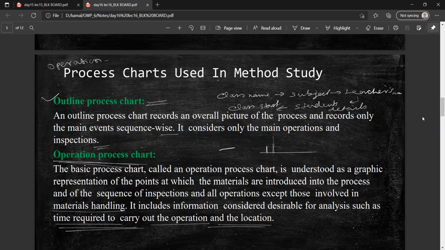Next is the outline process chart. In the outline process chart, there is the operation process chart. The operation process chart is the basic process chart where the outline process chart is given along with the time required to carry out the operation, and the location has to be mentioned.